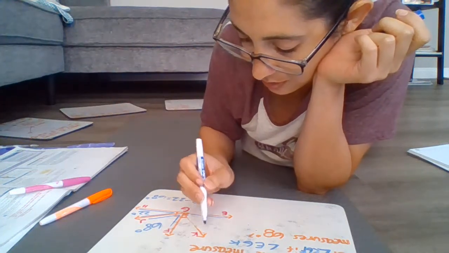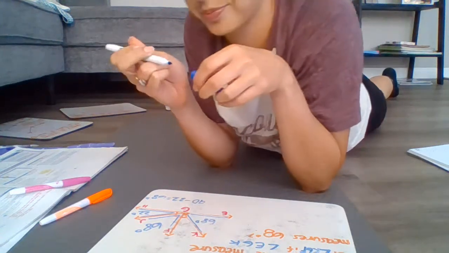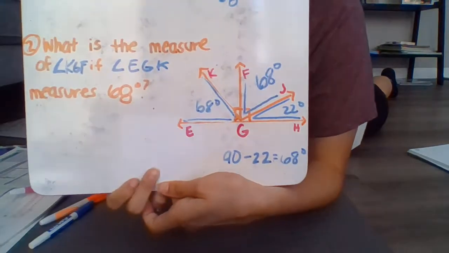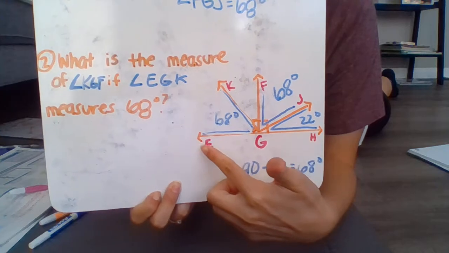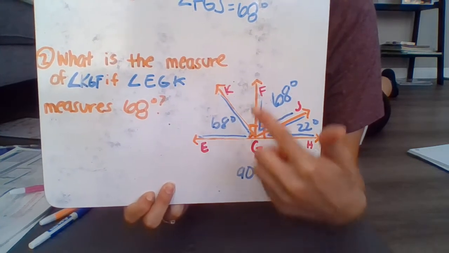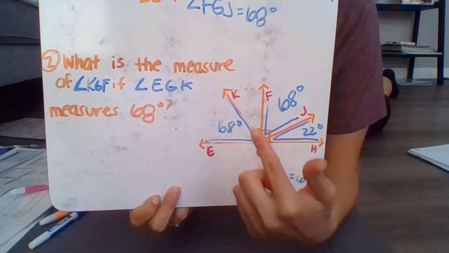Now I use what I already knew. Okay. This whole thing, FGE, is equal to 90 degrees. That's my whole, 90 degrees. And this part, KG,